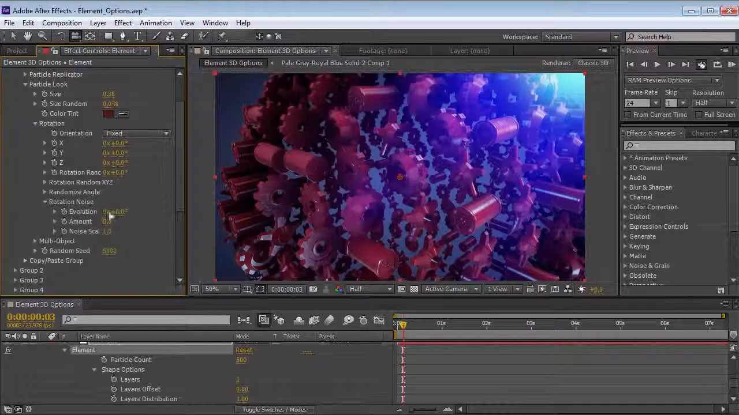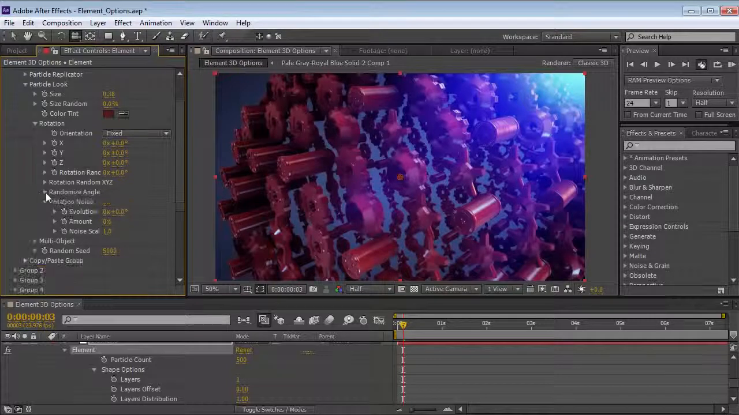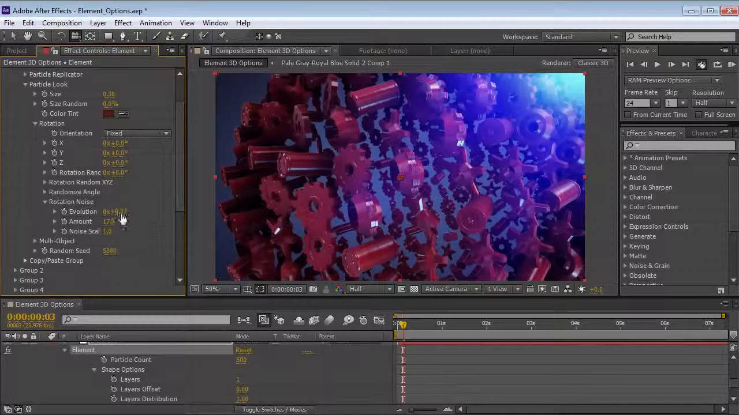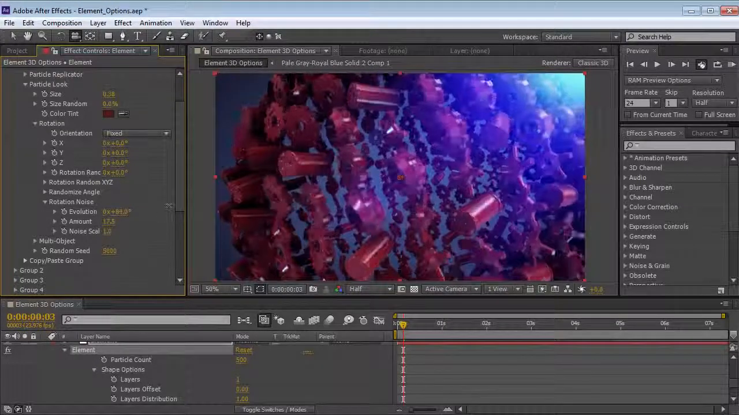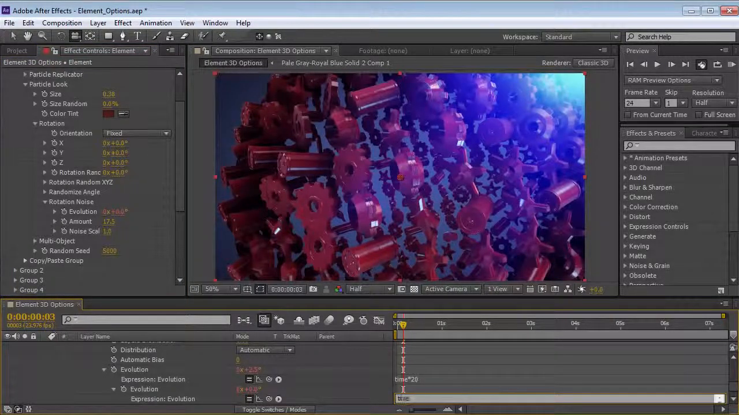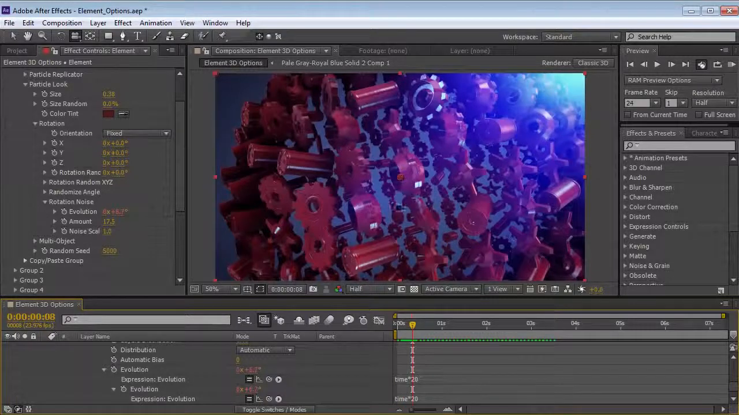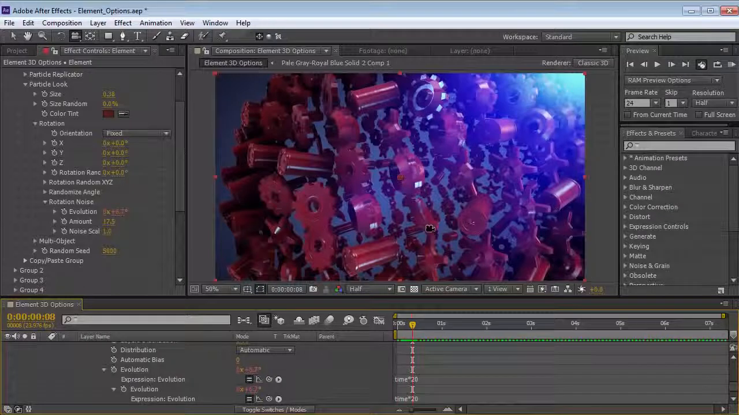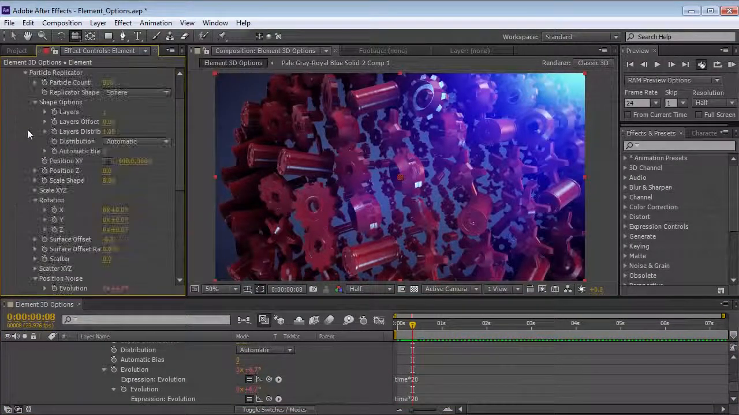And then we've got rotation noise. Now, this is similar to position noise, which means the rotation is based on the position of the object. So if we turn it up here, we could turn up the evolution. And what's nice about this is we can animate the evolution. So what's nice about this is we can add a little bit of rotation and life to our particles even though they're static. And likewise, if we were to turn up the position noise,